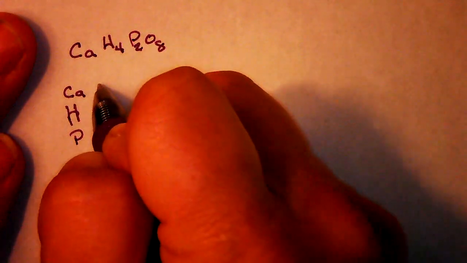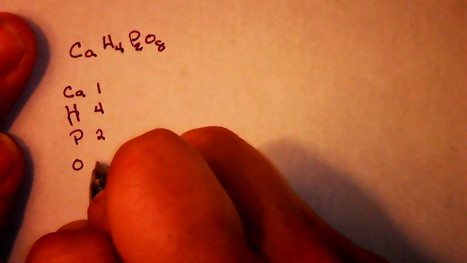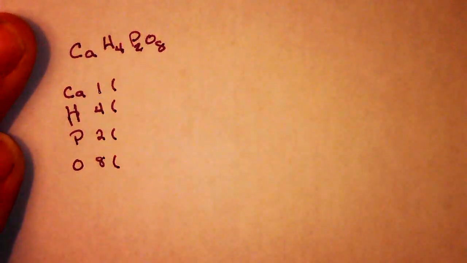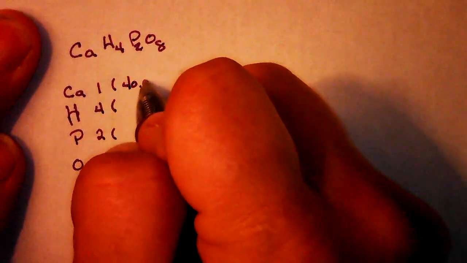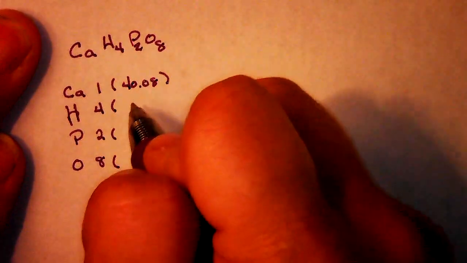This time we have hydrogen in there. So we've got 1 calcium, 4 hydrogen, 2 phosphorus, and 8 oxygen. Again, I like doing it this way. It keeps everything straight in my head, that I'm attributing it appropriately. So calcium is 40.08,